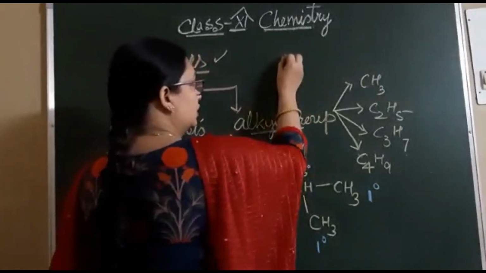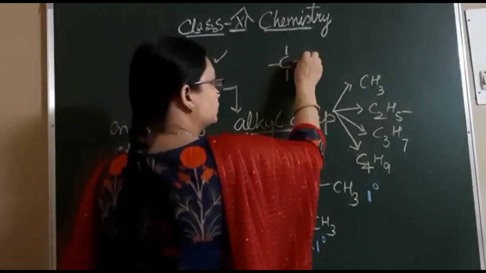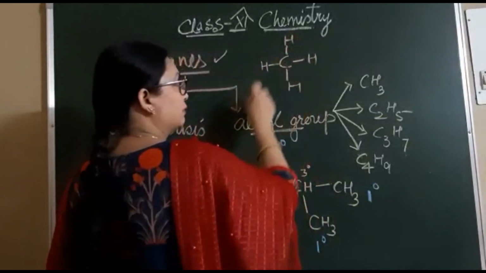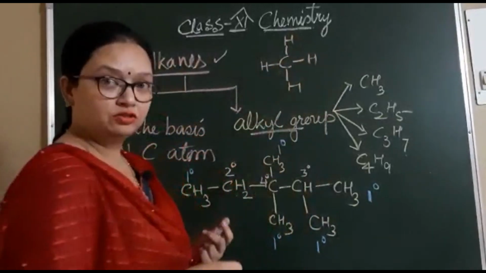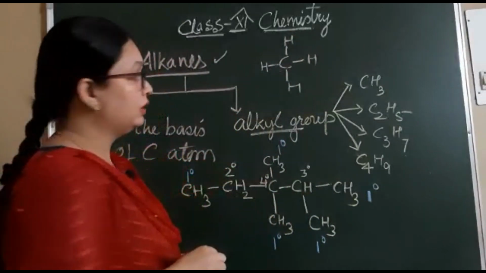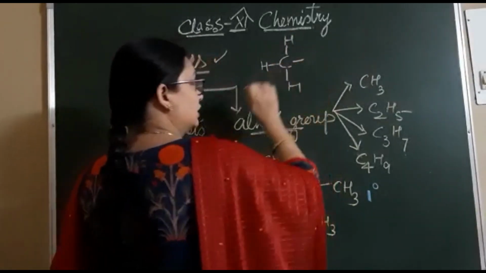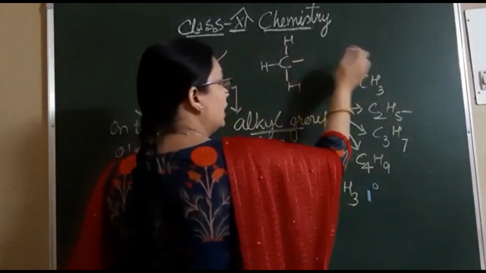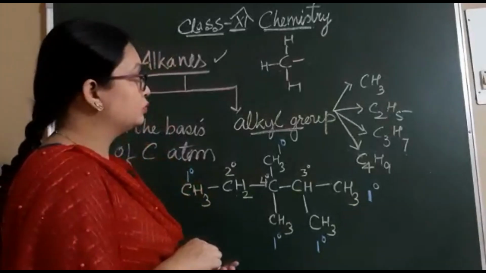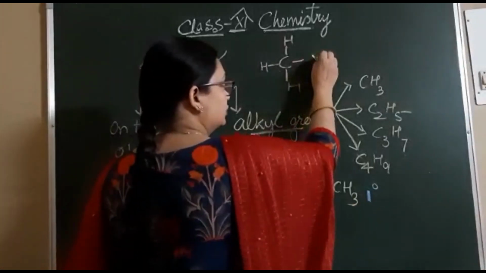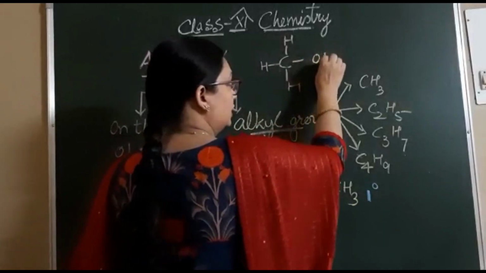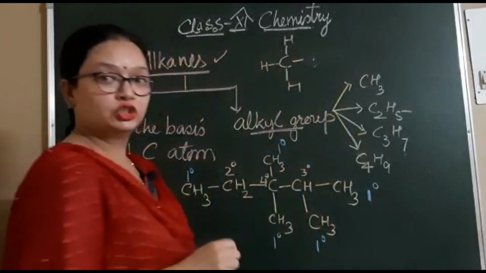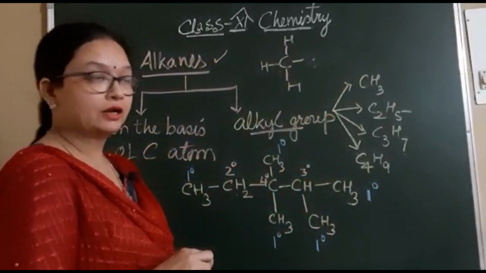Alkyl group: you know that carbon forms 4 bonds. These are the 4 hydrogen atoms. It may be 1 carbon, 2 carbon, 3 carbon, 4 carbon, and so on. Let us understand with one example. The hydrogen of this alkane can be replaced by a new group. That means the hydrogen will be removed and a new group can be added, and those groups are called functional groups. It may be halogens, alcohols, or aldehydes.